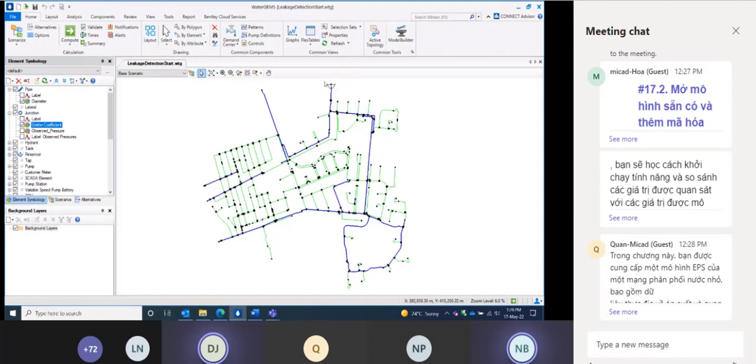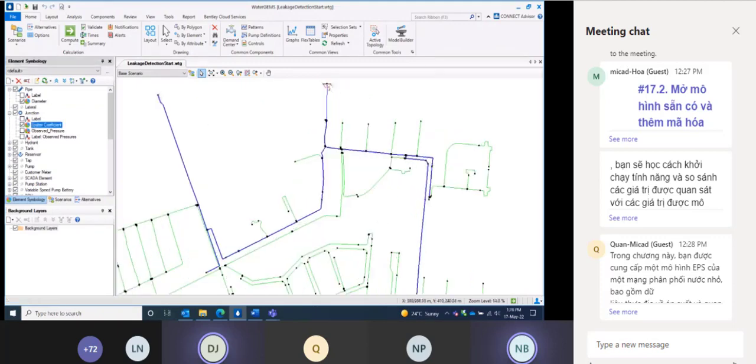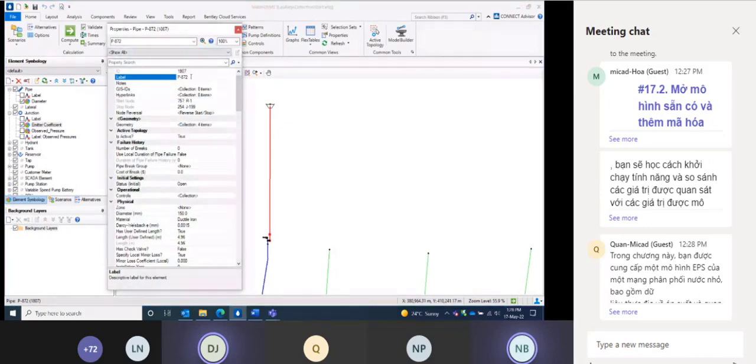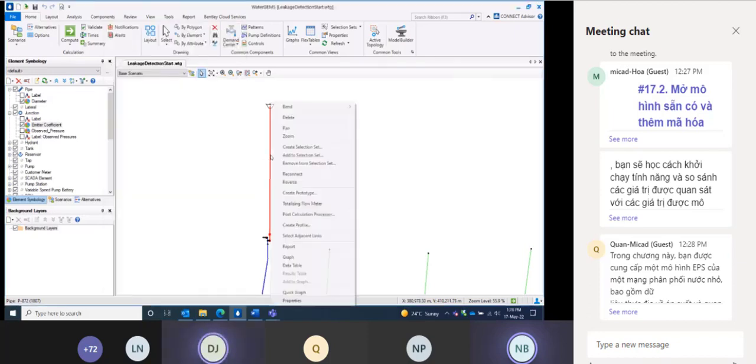If you go up to the reservoir here and zoom in, you see there's a pipe coming out of the reservoir, and if you double click, you'll see that's pipe 872. So pipe 872, and I'm going to right click on pipe 872 and say,